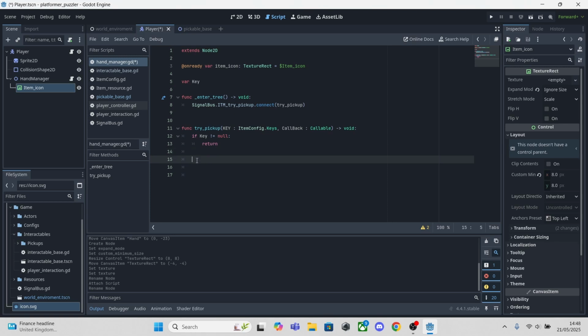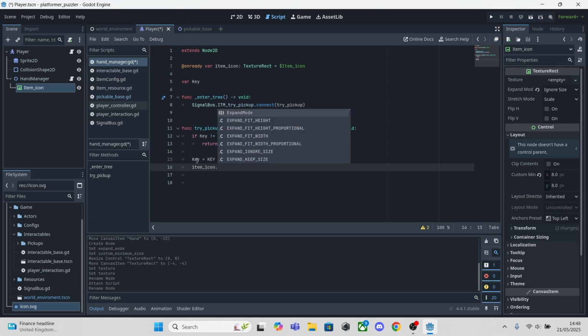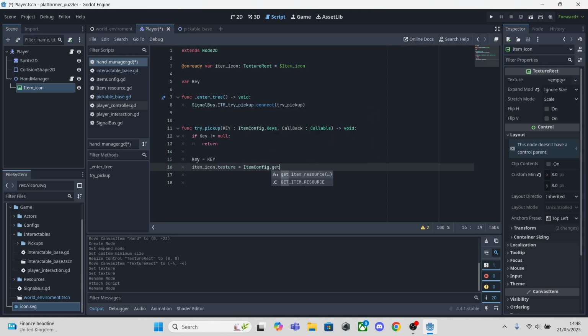Then, so if it is null, key equals key, and item icon dot texture equals item config dot get item resource